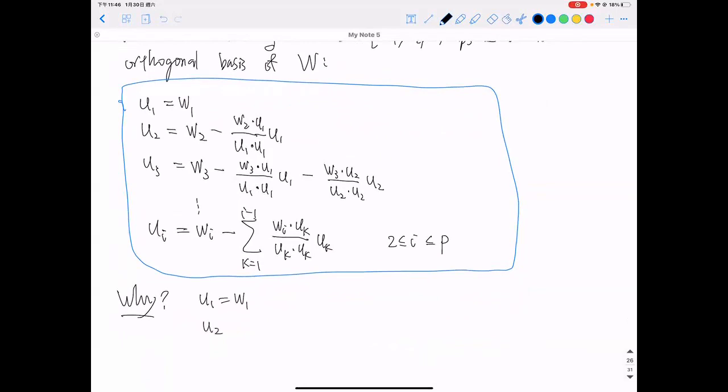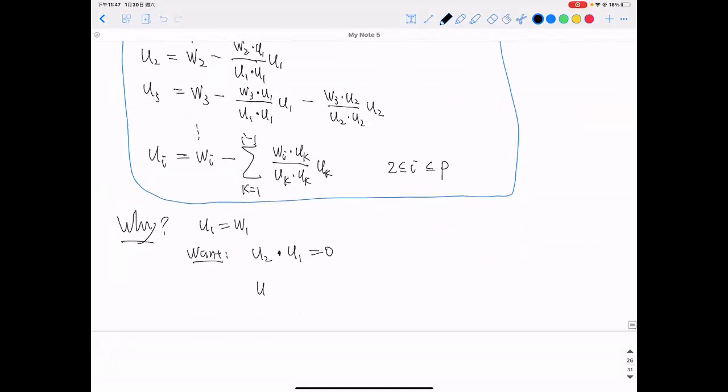And now I want the next vector, U2. At this point I haven't constructed anything beyond U1, right? What I want is U2 dot U1 to equal 0, because I want an orthogonal set, so I want the vectors to be pairwise orthogonal, and I need U2 to be orthogonal to U1, and I have to build U2 from somewhere,